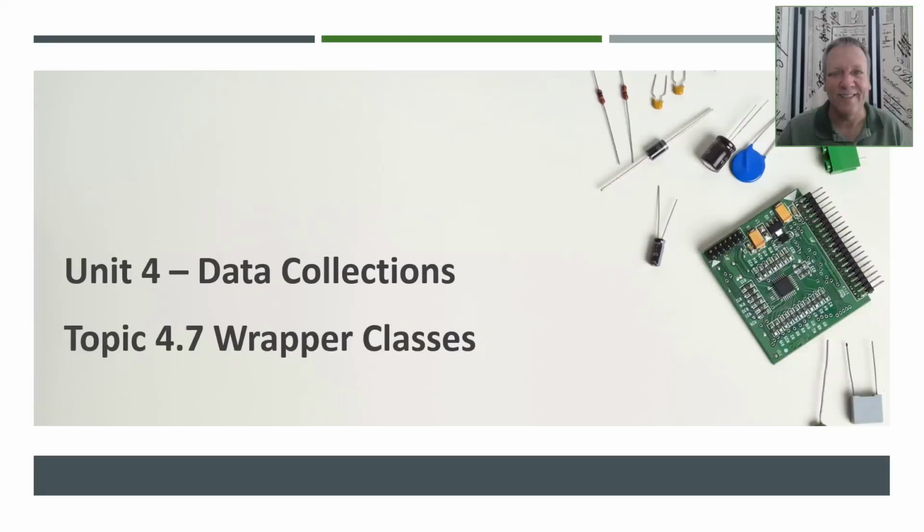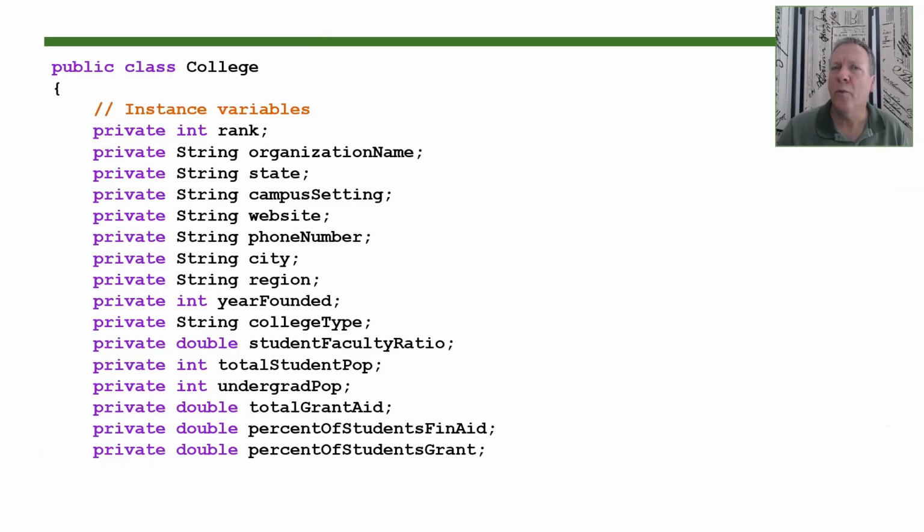My name is Tim Gallagher, and today we are going to be discussing topic 4.7 in AP Computer Science A, wrapper classes. And in this video, we'll discuss how to use methods of the Integer and Double wrapper classes to convert strings to numerical values. Let's get started. So if you recall in our last video, we created a class called College, and that had